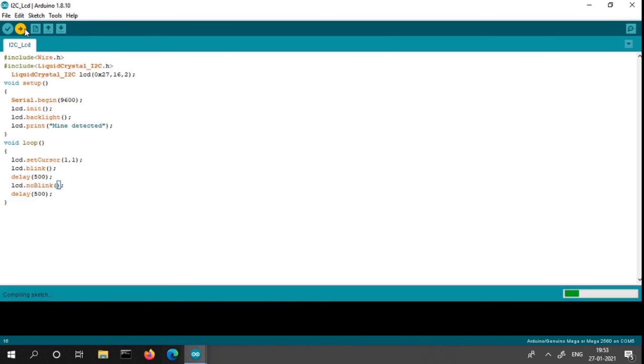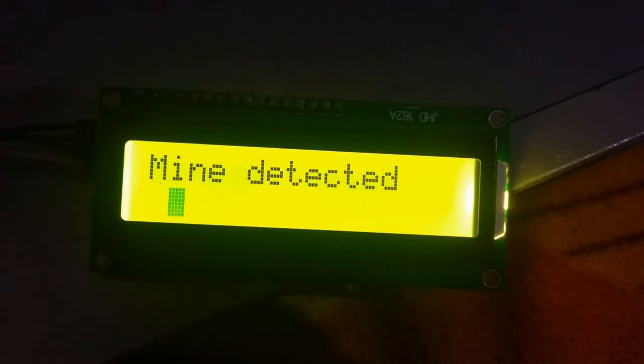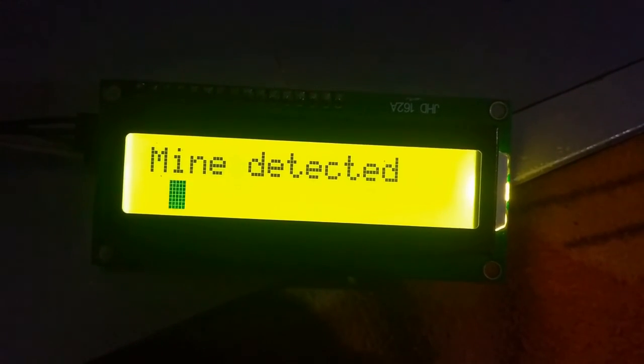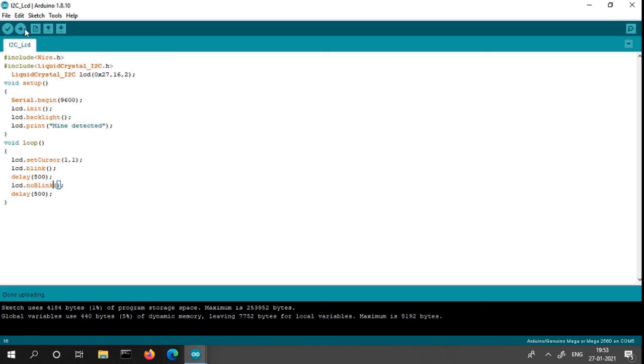Okay, now we are providing the blink function to blink the cursor. Here the cursor is blinking. We put the cursor at 1, 1, meaning the cursor is positioned at 1, 1, and there the cursor is blinking. If we provide the data 1 comma 0, then the cursor is printed there.